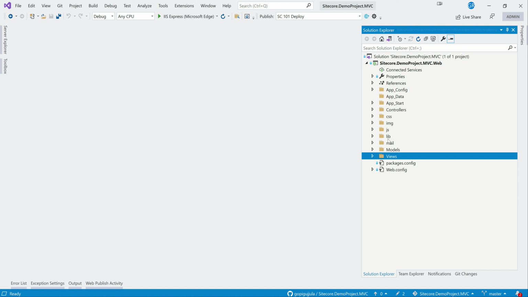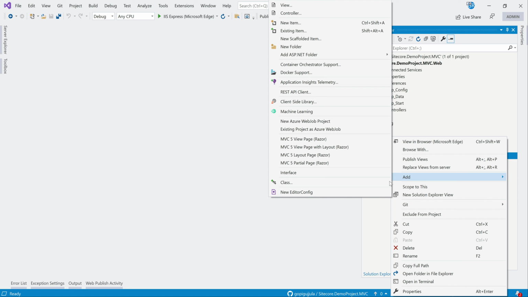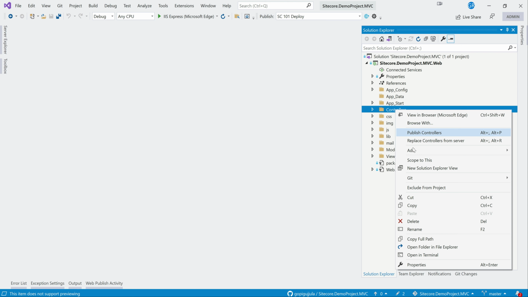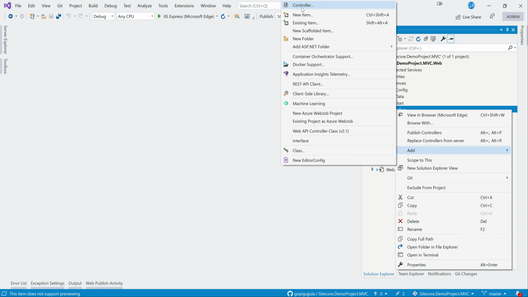We all know Visual Studio, and this is an MVC folder structure. You will have controllers, models and views. If you right click on views, what can you add? You can add a view and all other things. But if you go to controllers, can you add a view here? You will not get an option. You do get a new item option, but you don't have that option here. So this is, at a high level, called insert options. You can control what can be inserted. This is exactly similar.